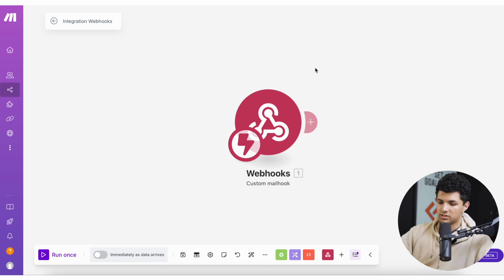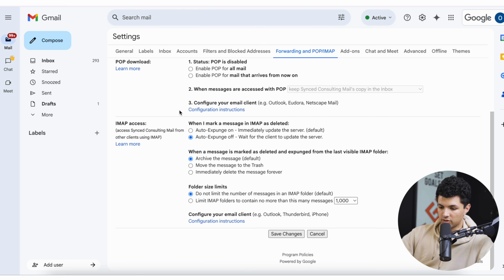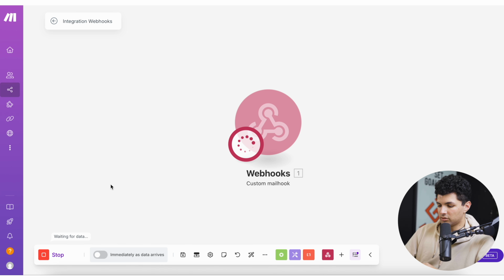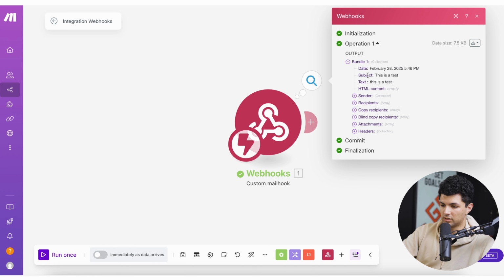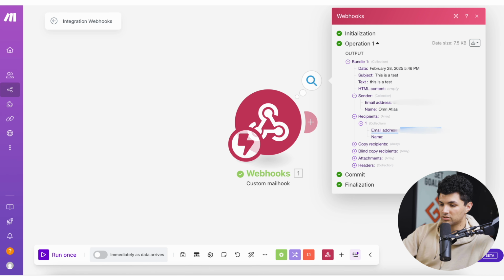So in order to test this, we want to make sure that the right address is on here and make sure it's saved down on the bottom. And once you've saved it, go back to your make scenario, click run once, and send an email to the email address you linked it up to. We'll be sending "this is a test," send, give it a couple seconds, and there we go. We got subject, this is a test, text, this is a test, sender is the email address we sent to, recipient is our email address that we linked it to, and now we have the email and the subject from